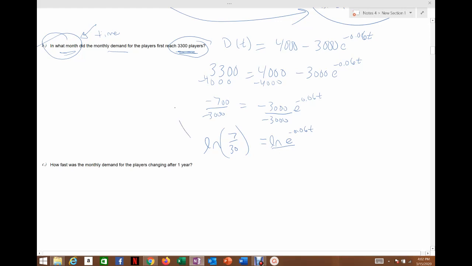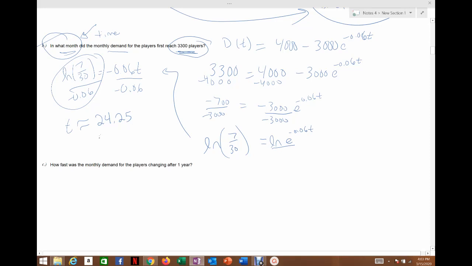And so I'm going to go up here. It's the natural log of 7 over 3 equals negative 0.06 times time, and then solve for time. So divide by that number in front of time. And so this is what we're going to plug into the calculator. Since time can be fractions, as a rule of thumb I'm going to round a couple decimal places if I can. With time we can have a fraction of a month. We can have that. And so it comes out, if you type it into the calculator,